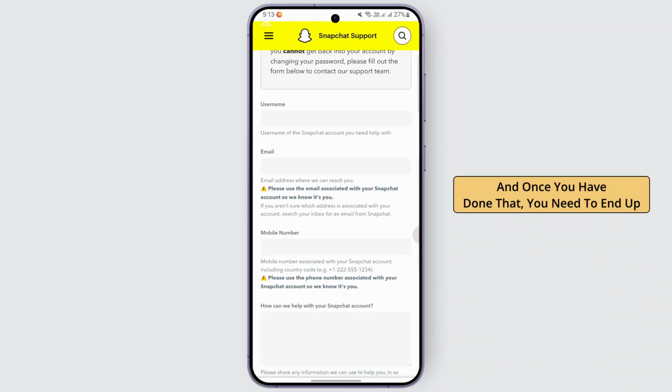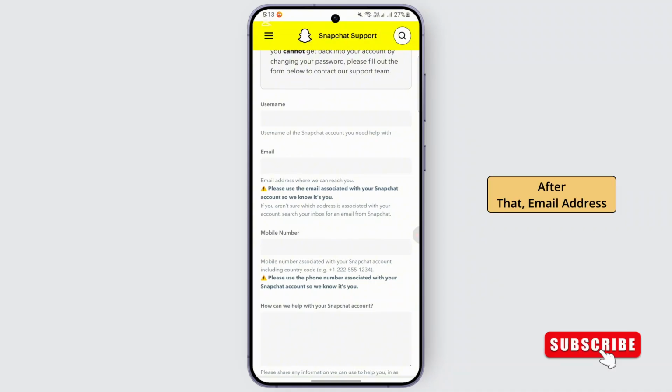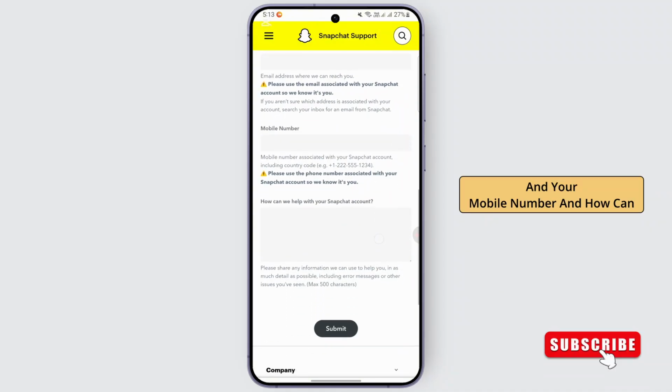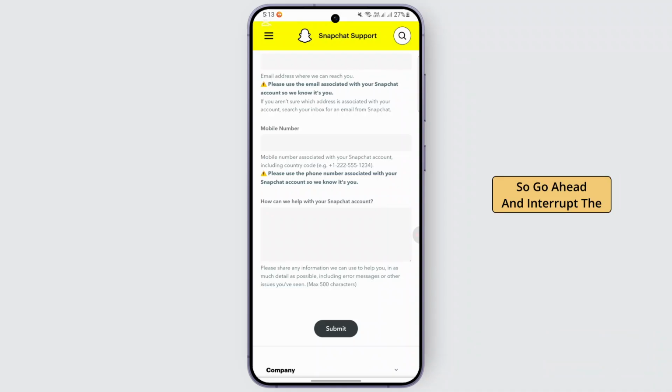And once you have done that, you need to enter your username of the Snapchat account that you need help with. After that, the email address associated with the Snapchat account and your mobile number, and how can they help with the Snapchat account. So go ahead and enter the issue that your account is locked and you don't